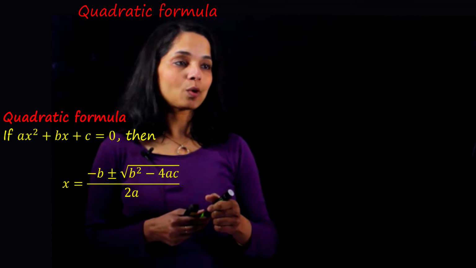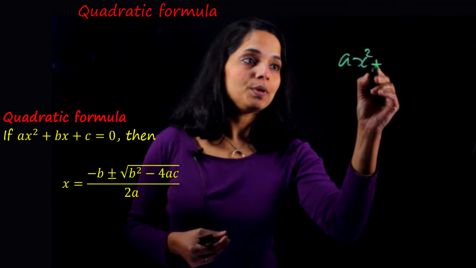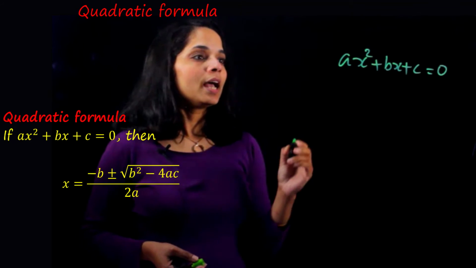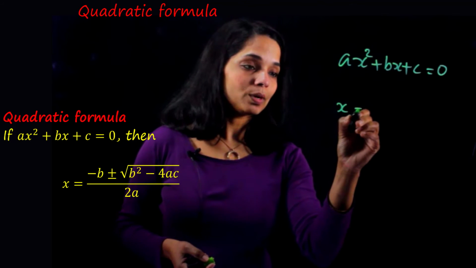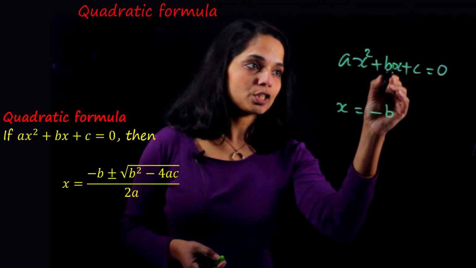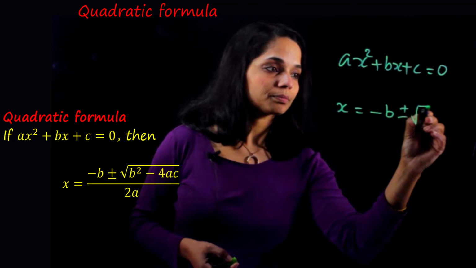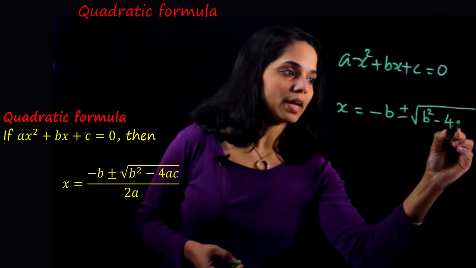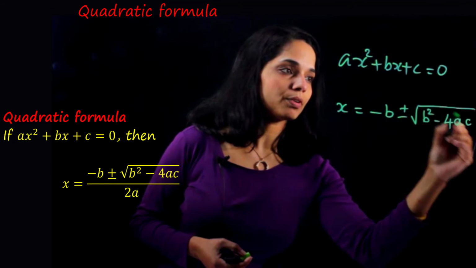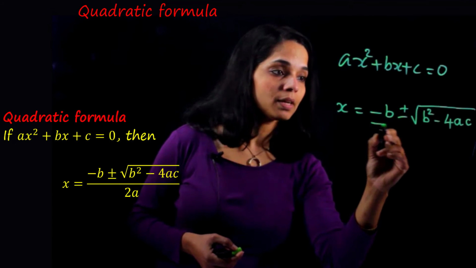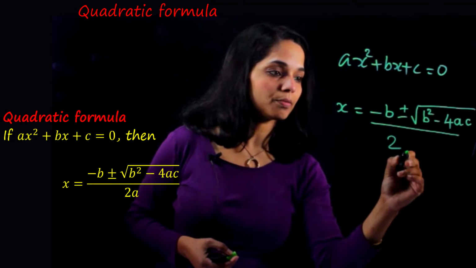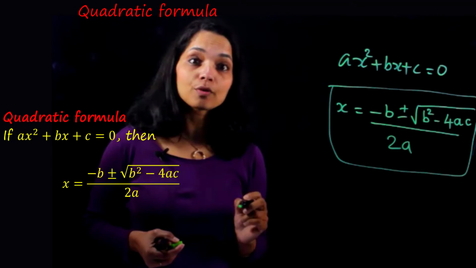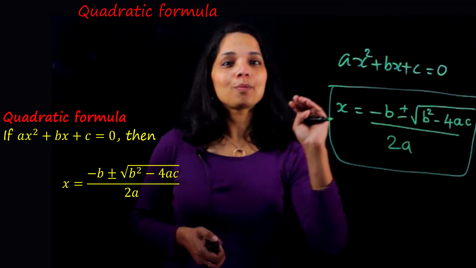Suppose we have an equation ax squared plus bx plus c equals 0. That's the general polynomial form. And the solution is x equals minus b, where b is the coefficient of x, plus or minus the root of b squared minus 4 times the coefficient of x squared times the constant term, divided by 2 times the coefficient of x squared. This equation is known as the quadratic formula and can be used for any polynomial